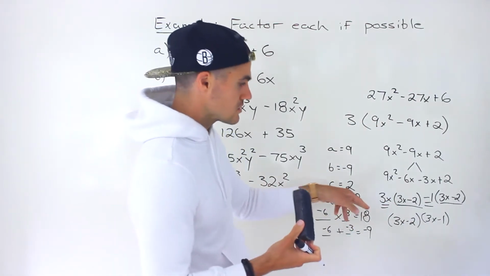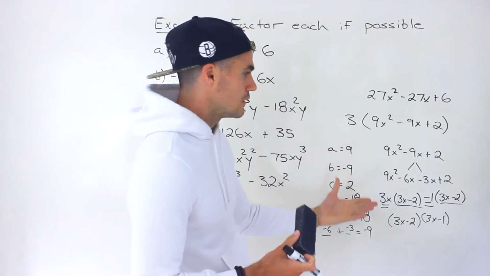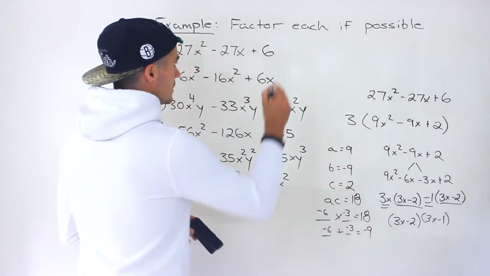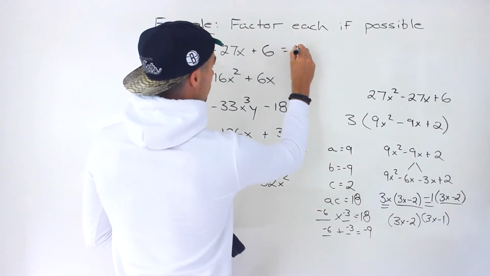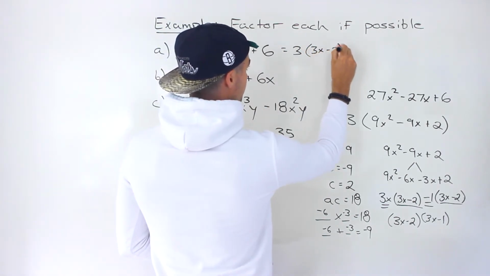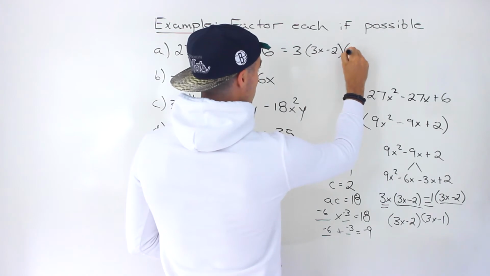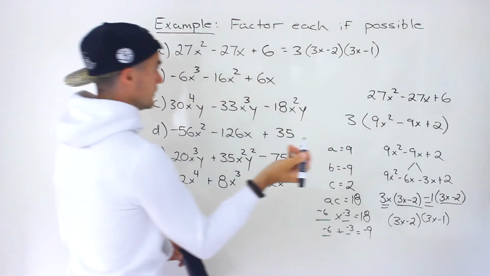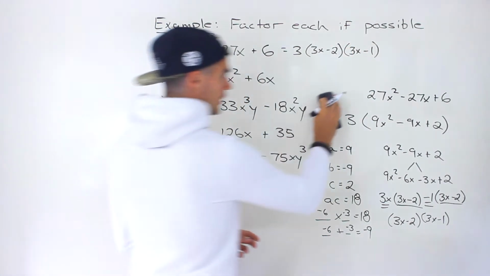So this bracket here factors into those two brackets. If you want to check your answer, you could take that and expand it. If you do expand it, you would end up with that. So the final answer ends up being that 3 that we took out initially, times 3x minus 2 times 3x minus 1, like that. Moving on to part B,